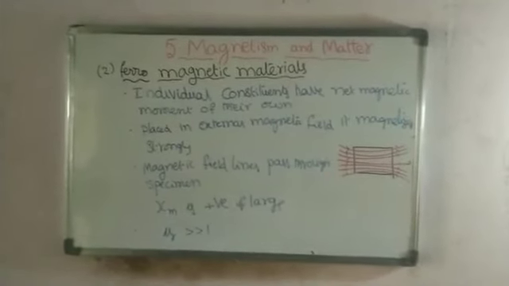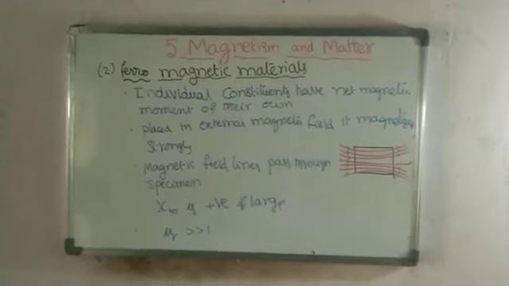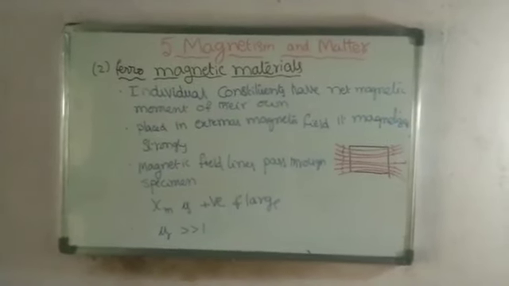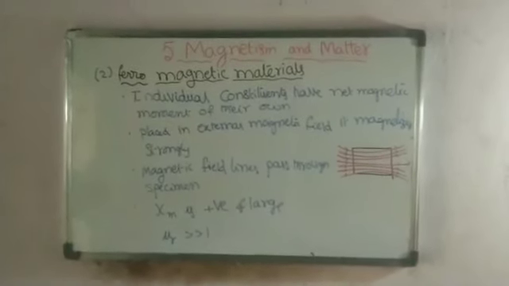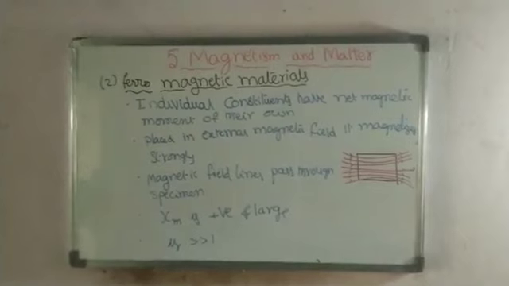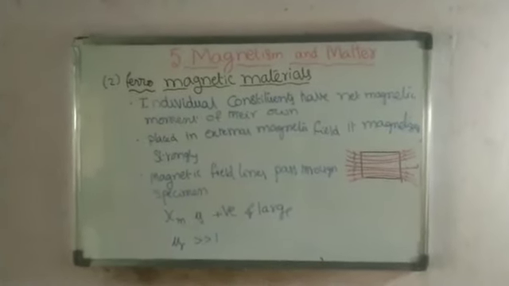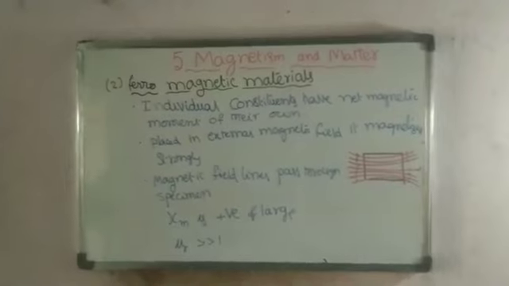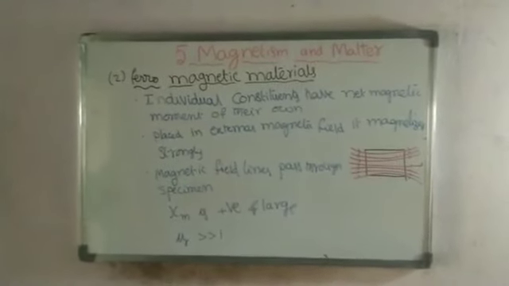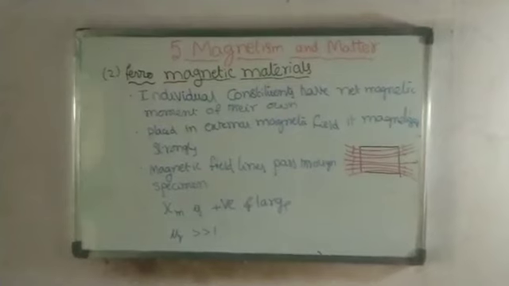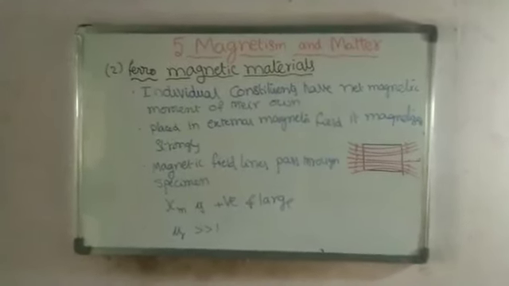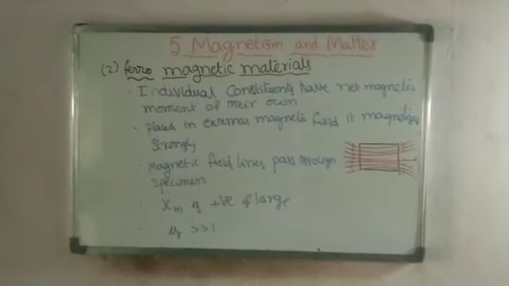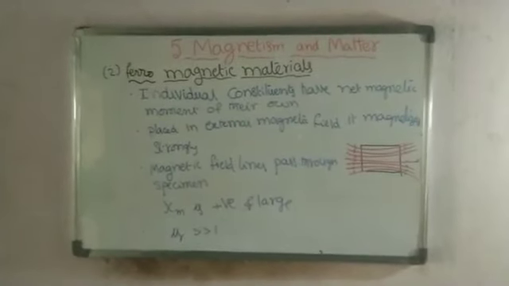And next one is susceptibility. Susceptibility is positive and small for a paramagnetic material, whereas the susceptibility of a ferromagnetic material is positive and large. Why? Because it has a high degree of magnetization. When it is placed in a magnetic field, it gets more strengthened, so this material has a positive and large susceptibility. If the susceptibility is large, then the permeability is also more. It is in thousands, like 10,000. So the permeability of a ferromagnetic material is large. These are the properties of ferromagnetic materials.